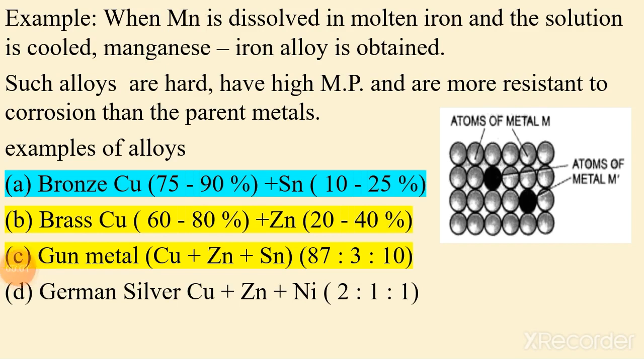Some more points to note about alloys: an alloy containing mercury as one of the constituent elements is also known as an amalgam. Many times the term amalgam comes up in chemistry, so you just have to know about amalgam. Then, the purpose of making alloys: sometimes a question arises, why make alloys? Listen here, the purpose of making alloys is to develop some useful properties which are absent in the constituent elements. So dear students, this is all about alloys.